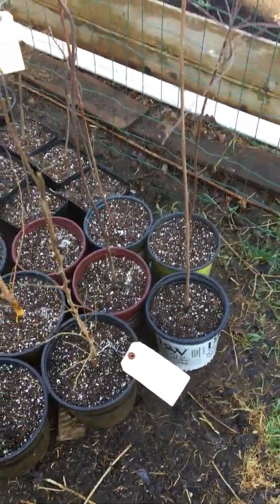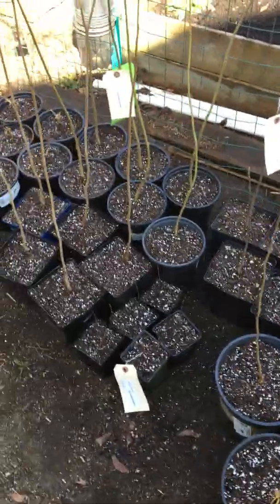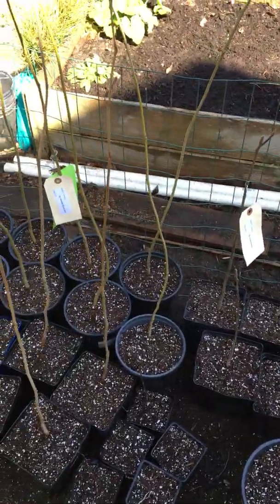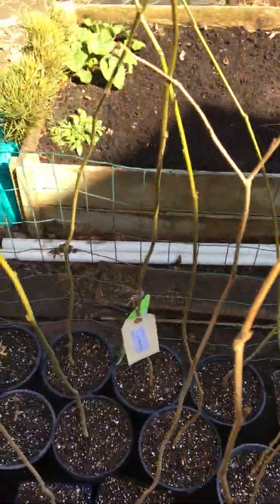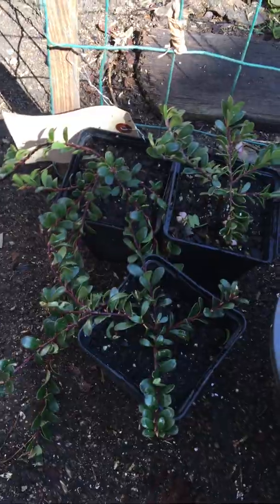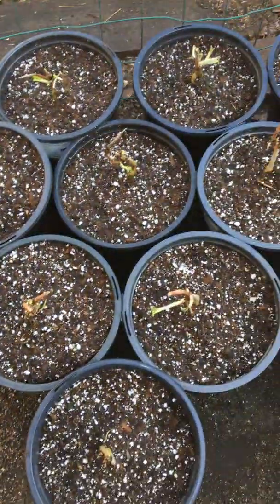I also got white mulberry. I got chokecherry, cold hardy mimosa, witch hazel. These are kinnikinics, and these